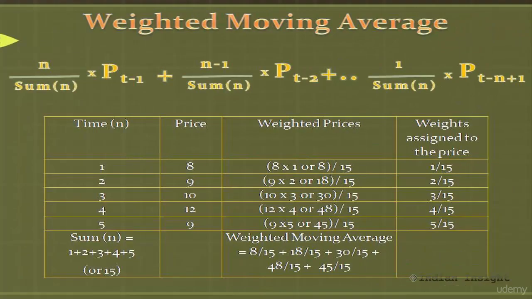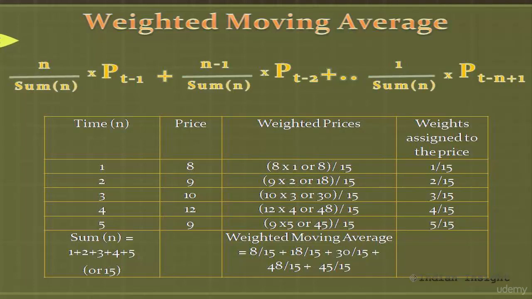We will see how we can calculate the 5-day weighted moving average, as it would be easier to understand concepts if we are using numbers. In case of a 5-day moving average, we have 5 price data points. The fifth data point is the latest price, and the first data point is the oldest price among these 5 data points. We have also shown the price values associated with these data points.